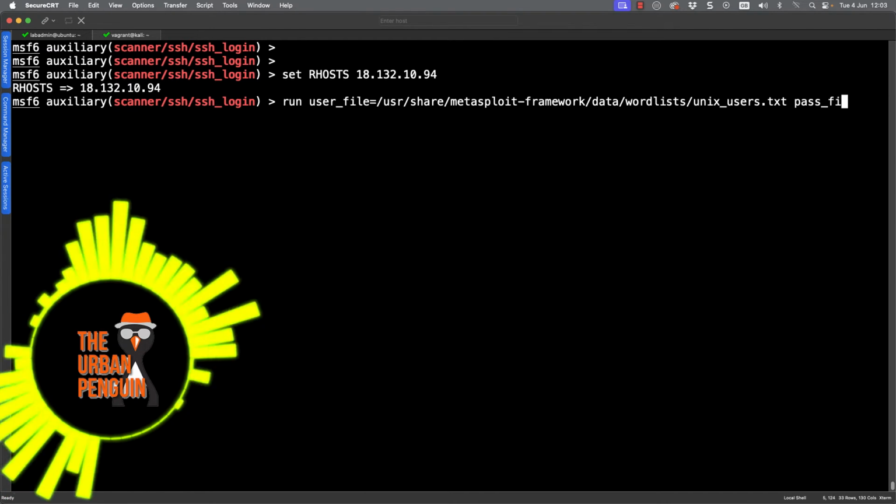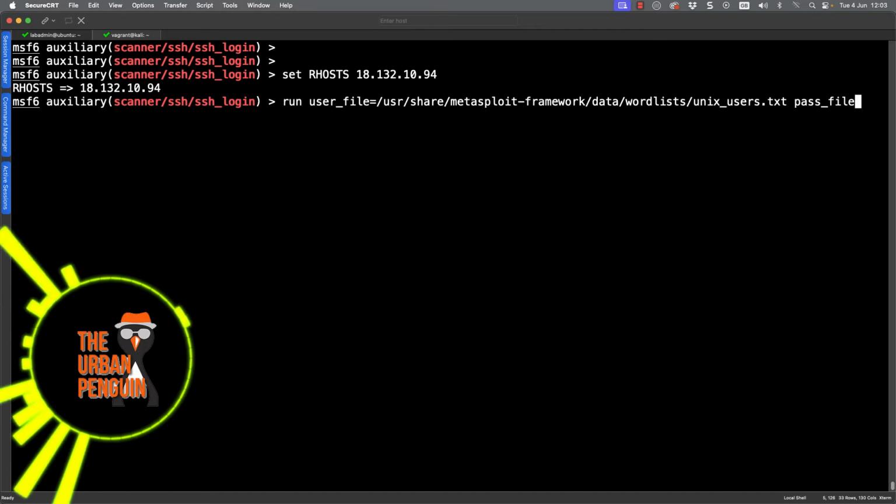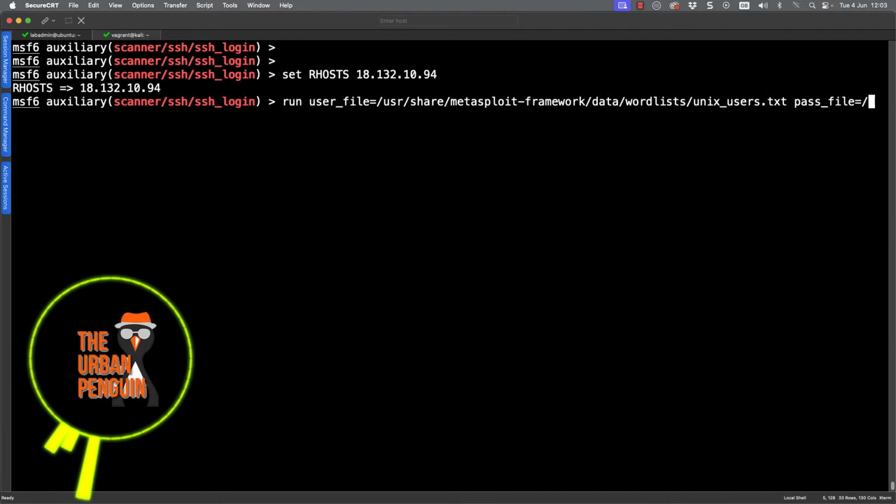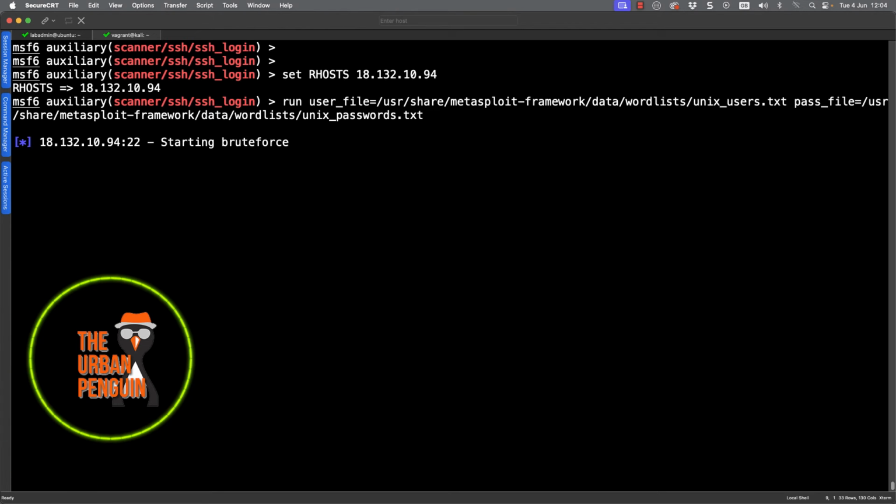And I'm going to do the same thing with the pass_file, so my list of passwords. I'm going to have that set similarly as we navigate down to /usr/share/metasploit-framework/data/wordlists, and then unix_passwords.txt.